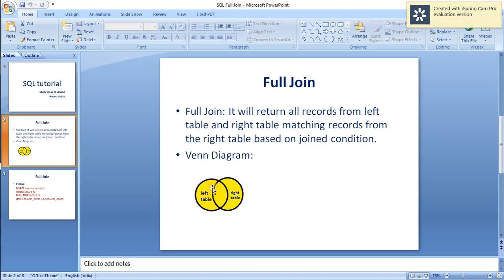Or if there is a record from the left table which does not match with the right table, which means there is an entry for the left table only, and for the right side columns there will be null values.